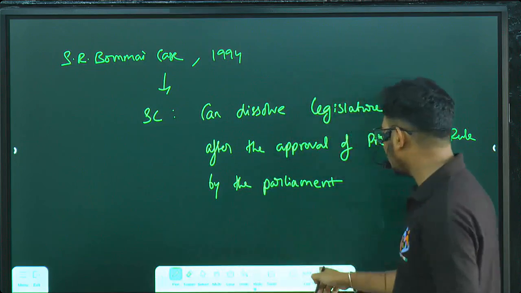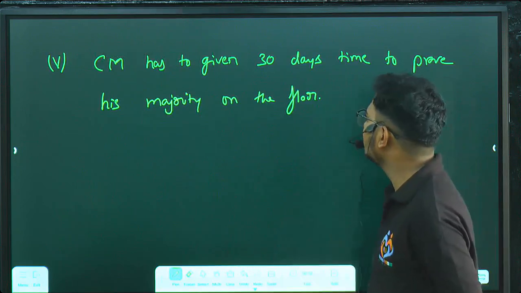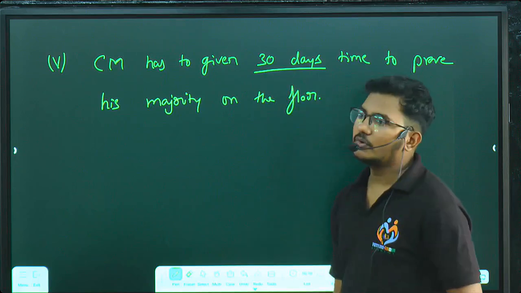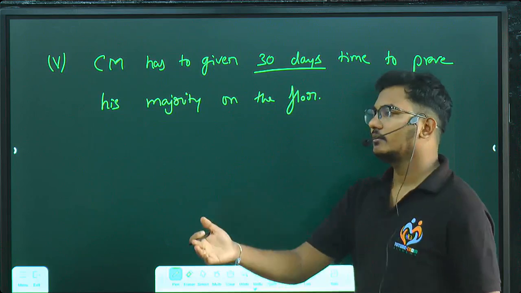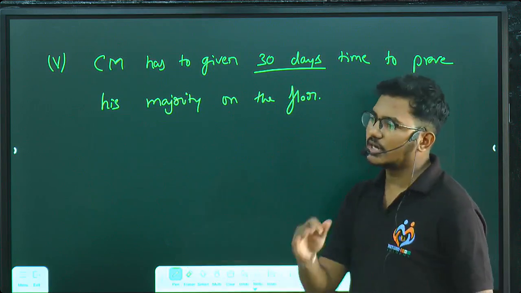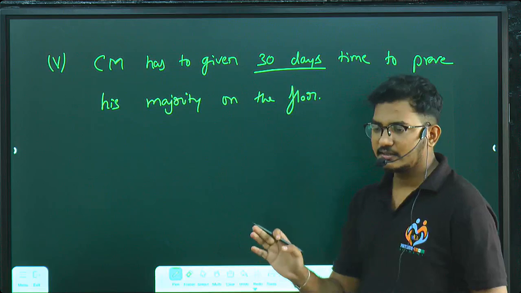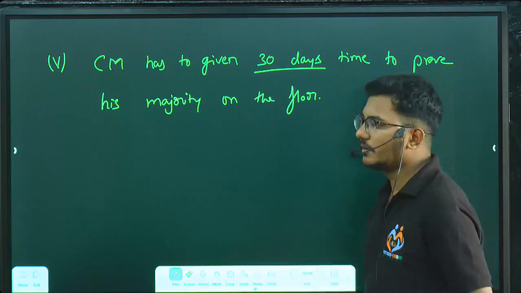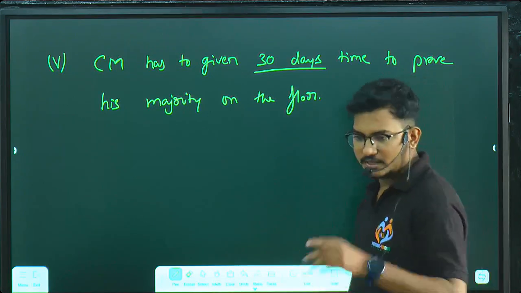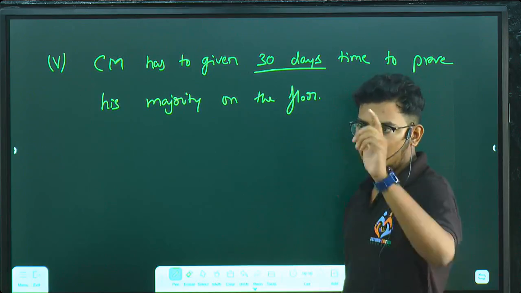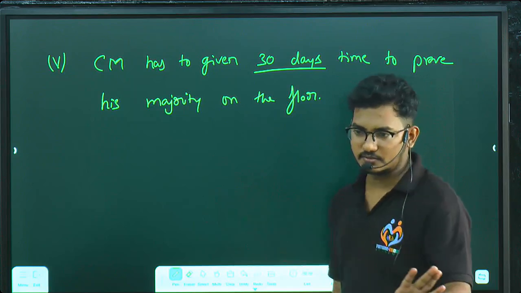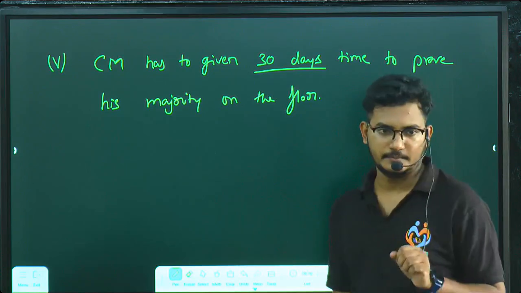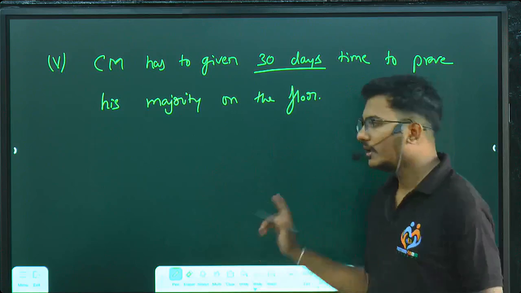Okay. And the last one we have seen is the CM has to be given 30 days' time to prove his majority on the floor. If he fails to do so, then you can introduce a no confidence motion after 30 days. If he fails, then President's rule will be applicable. So the governor may feel there is no confidence in the chief minister, but he cannot immediately implement President's rule. First he has to be given enough time, which is 30 days. Okay. And then the third problem which we have seen is,